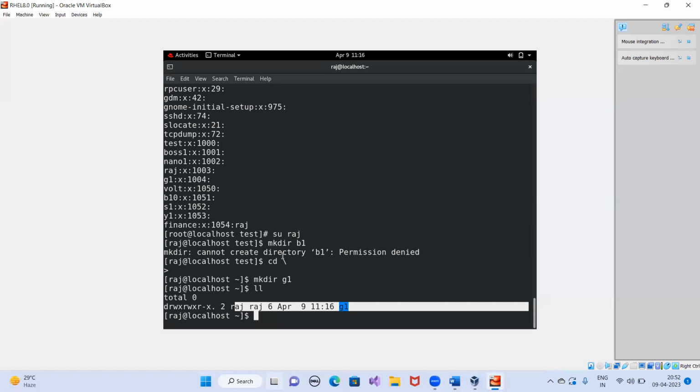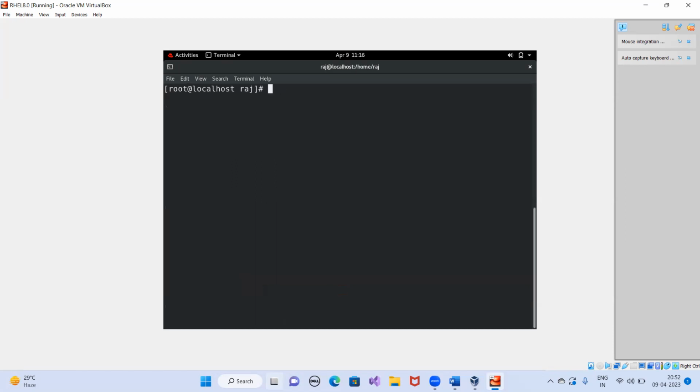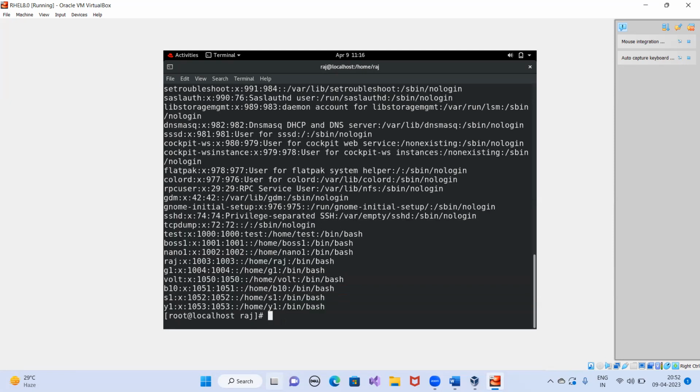Whenever you create any user account, let me again switch to root. Whenever you create any user account, automatically that user becomes a member of his primary group under his name. Just like, where is Raj?